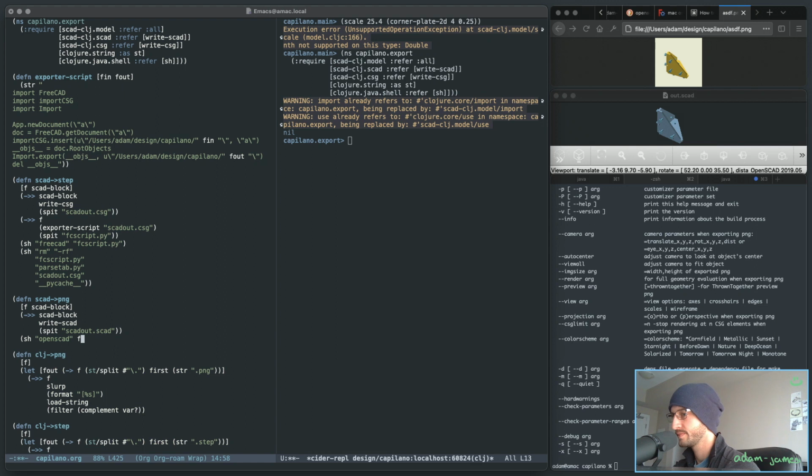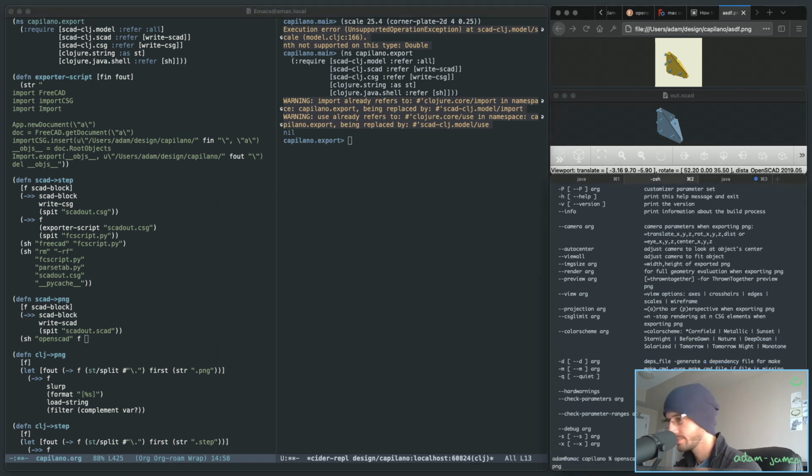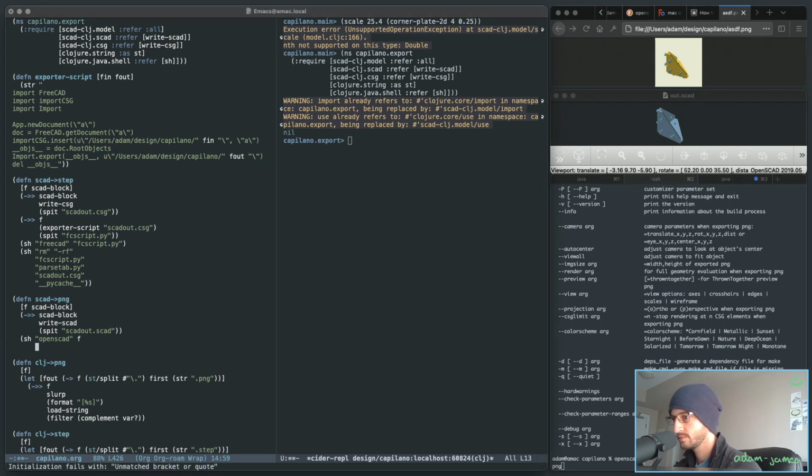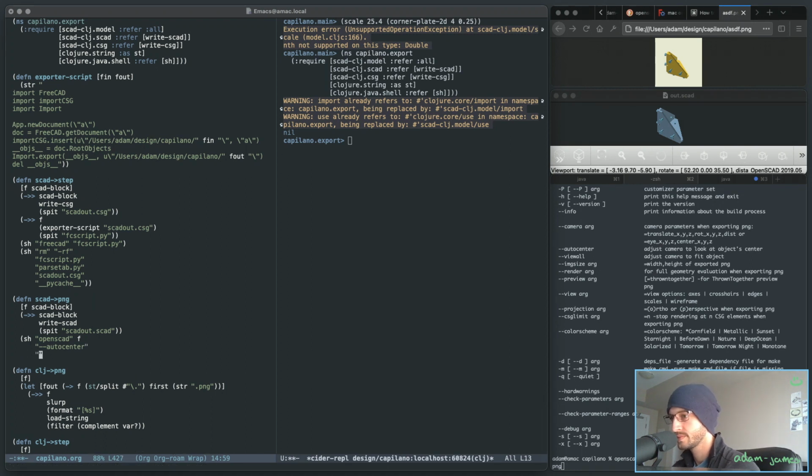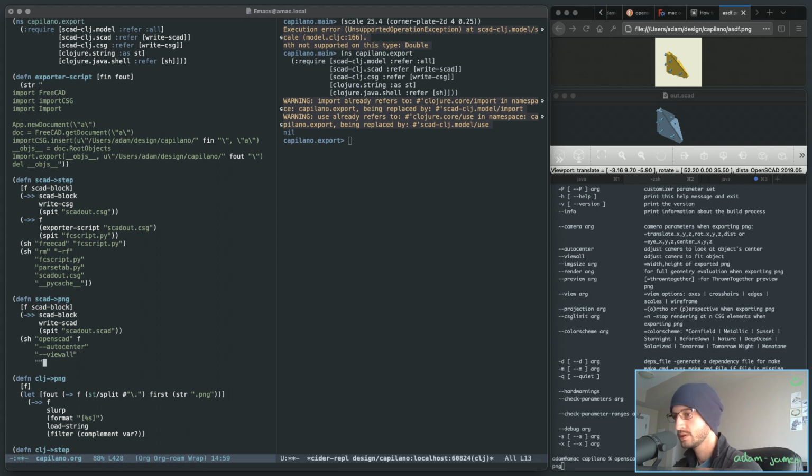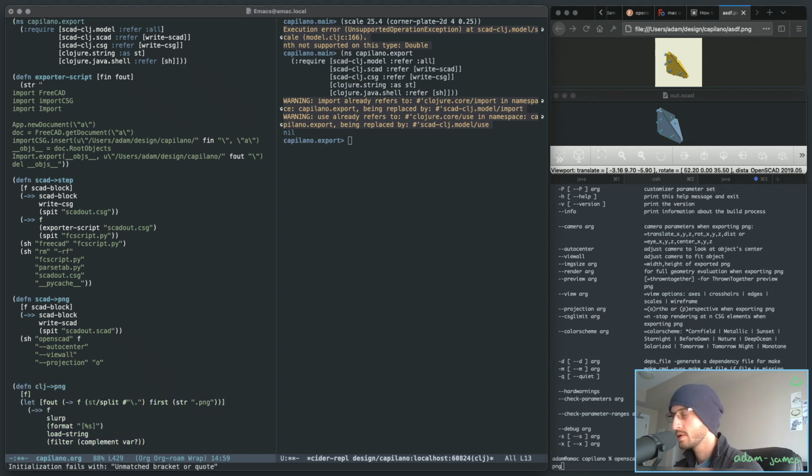Then all of this gunk, auto center, view all, projection, has the argument O, and out will be